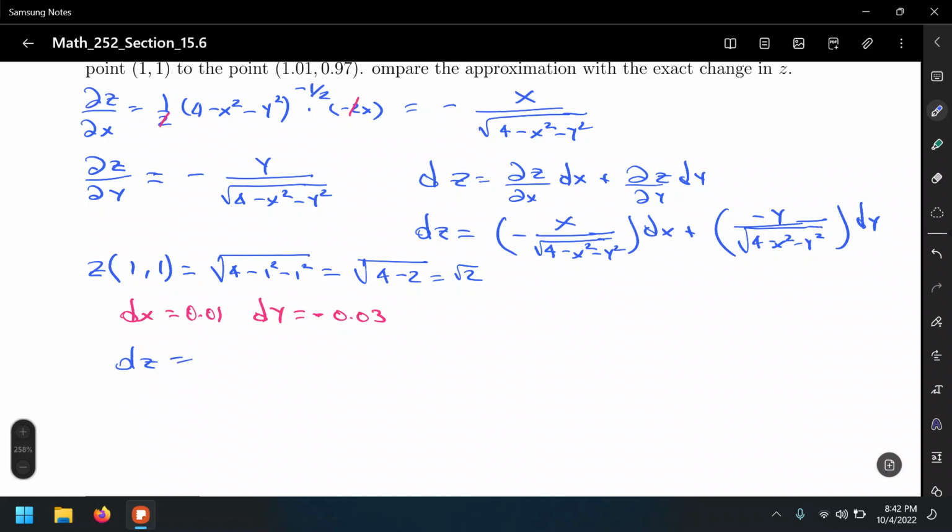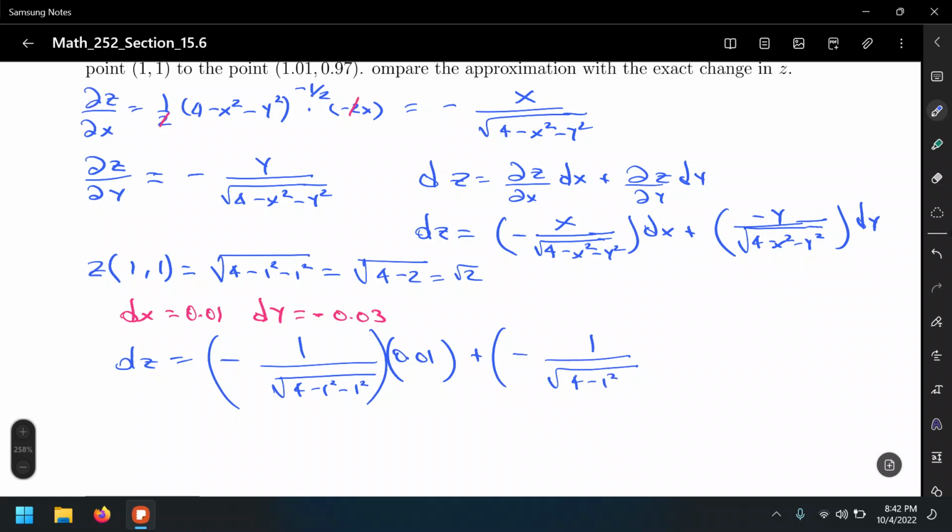Alright, so let's evaluate dz, which is, well, negative x, which is 1 over the square root of 4 minus 1 squared minus 1 squared. And what's dx? 0.01, plus negative also 1 because y is 1, over the square root of 4 minus 1 squared minus 1 squared times the increment, or rather decrement, in the y direction, which is negative 0.03. And all we have to do is simplify all this. We already did the calculation for the denominator. That's going to give us negative 1 over root of 2 times